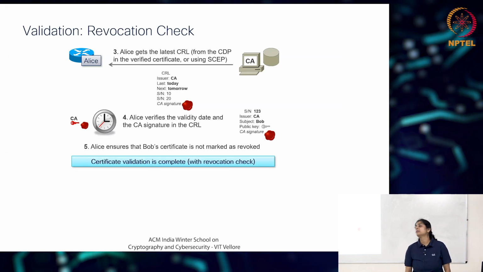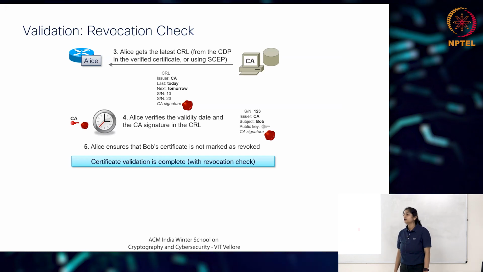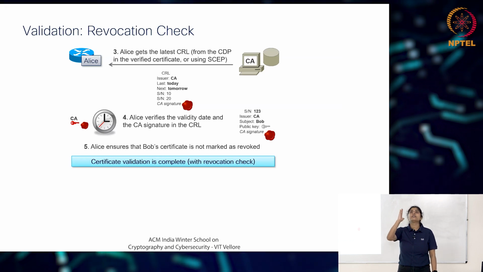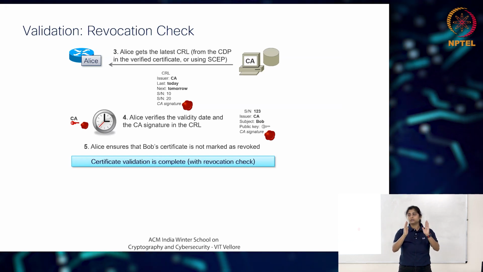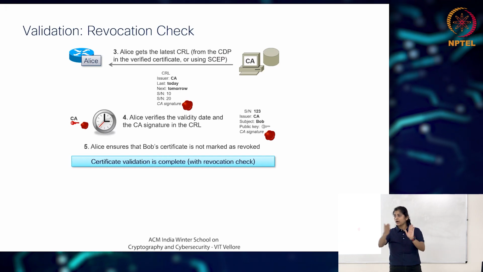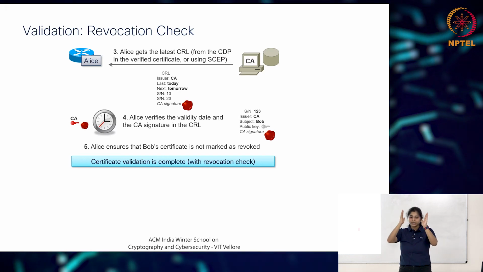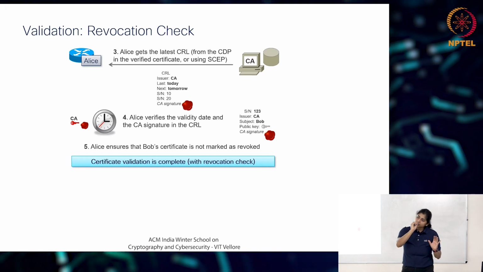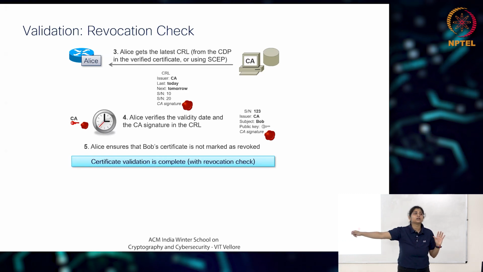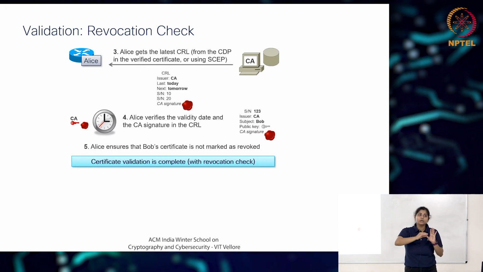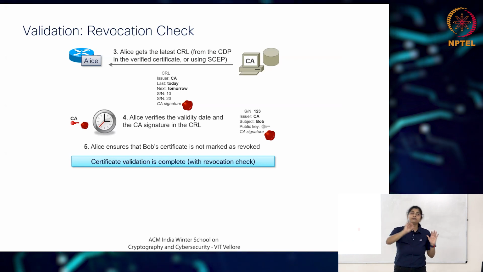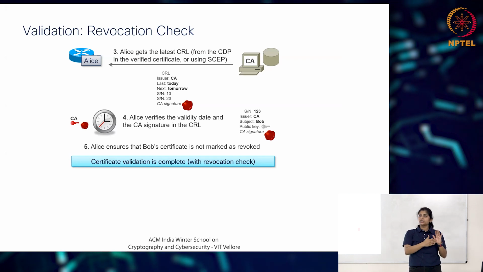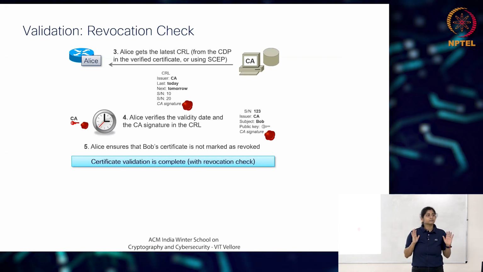So the revocation check is something that we add in the trust point. I'll come to trust points later, but just think of a trust point as a certificate container. You have a container, you have the certificate stored. So in trust points, we can create revocation checks. If that check is enabled, whenever you're establishing a connection and exchanging certificates, you will look at the CRL list. And if there is a certificate serial number matching in that list, of the party you are establishing the connection with, you will stop that connection.